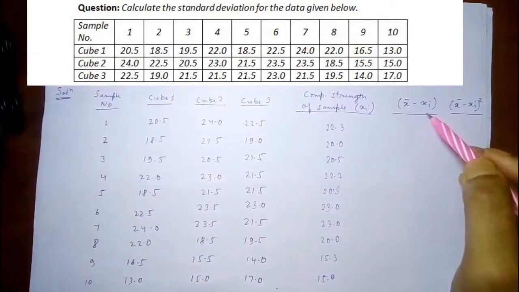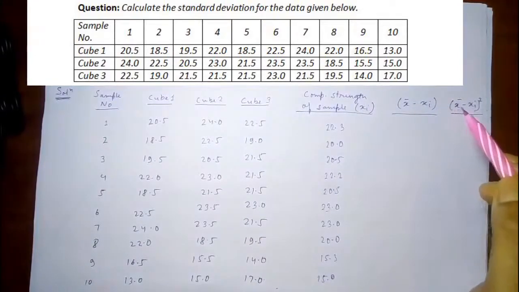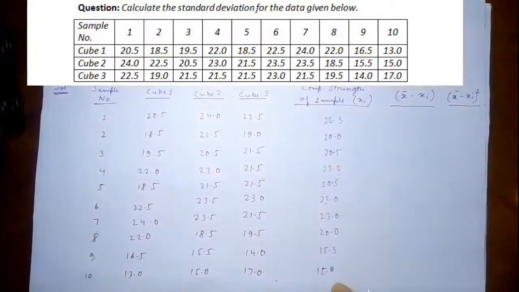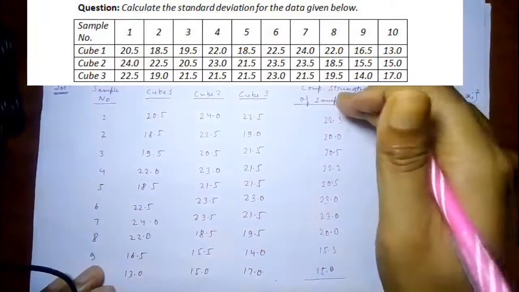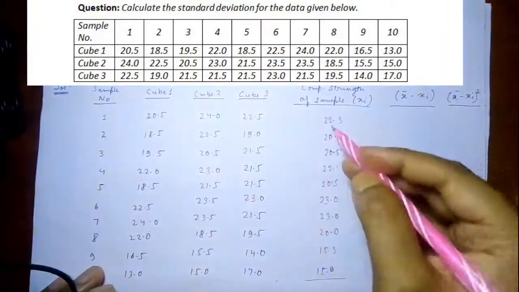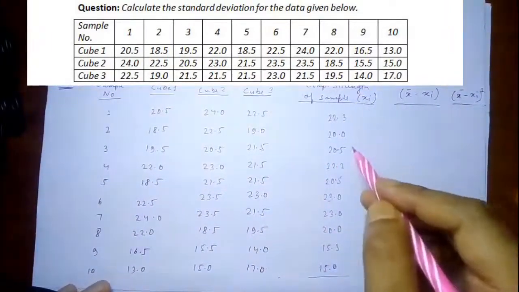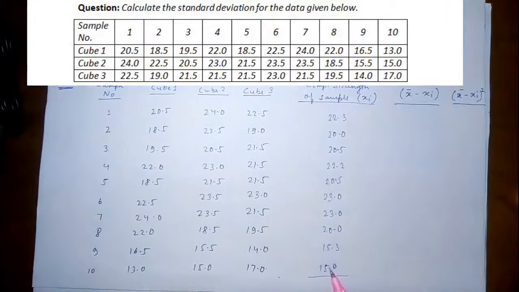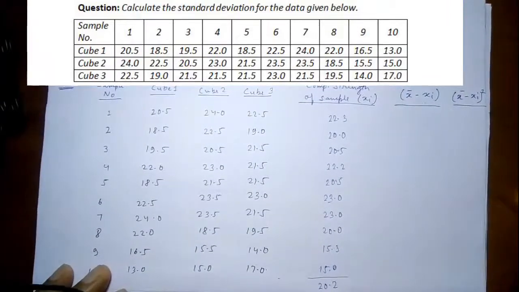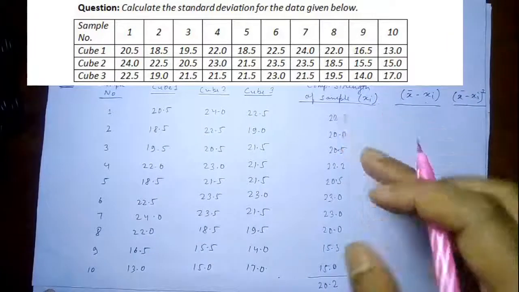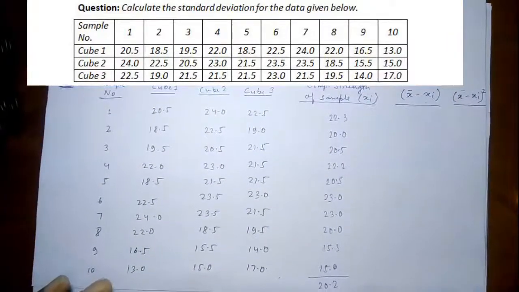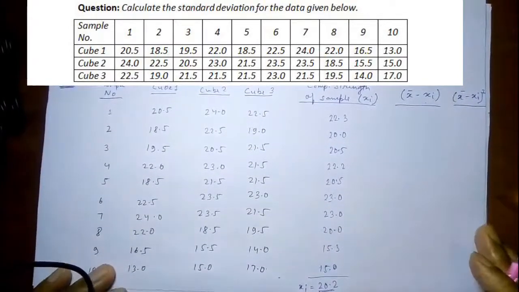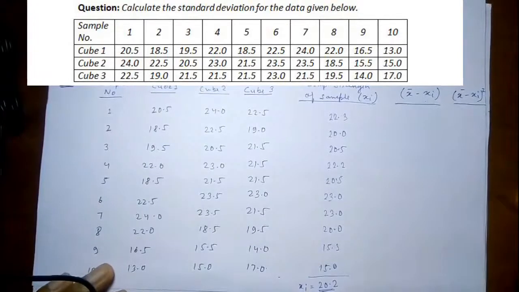The fifth column says x bar minus xi. So to get x bar, that is the mean of these 10, I will take the mean of these 10 averages which I have got by calculating this, and I will take the further average of all these 10 values, and it is coming as 20.2. It is simple, just adding these 10 values and dividing by 10. So it gives me 20.2, and it is equal to x bar. So the x bar value is equal to 20.2.